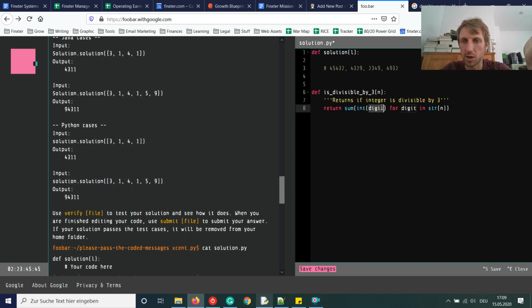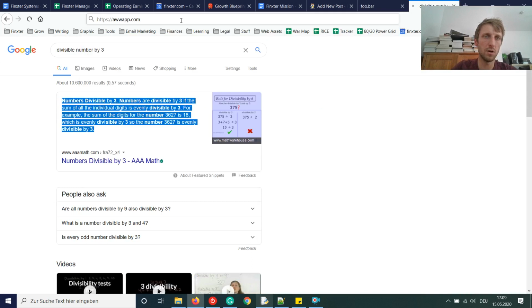We convert it to an integer. Okay, now we have a list or a sequence of integers, an iterable of integers, I should say, and now we sum over the iterable of integers. This will give us, so our app